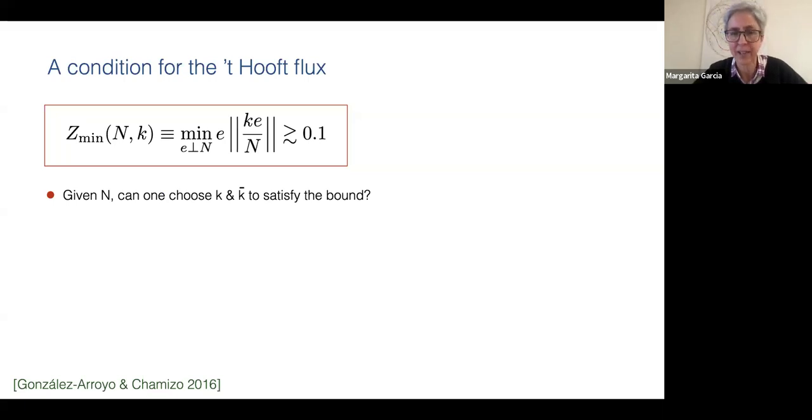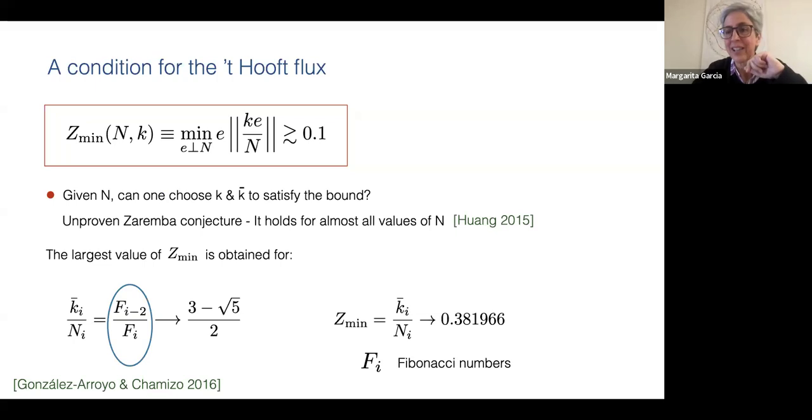So if I fix n, can I choose k? K bar is the modular inverse of k to satisfy the bound. It turns out that this is a conjecture in number theory called Zaremba's conjecture, which is unproven. So there is no general solution to this question. But there have been results in the last 10 years that say it is possible for almost all values of n. Right? And actually, there is something very nice,